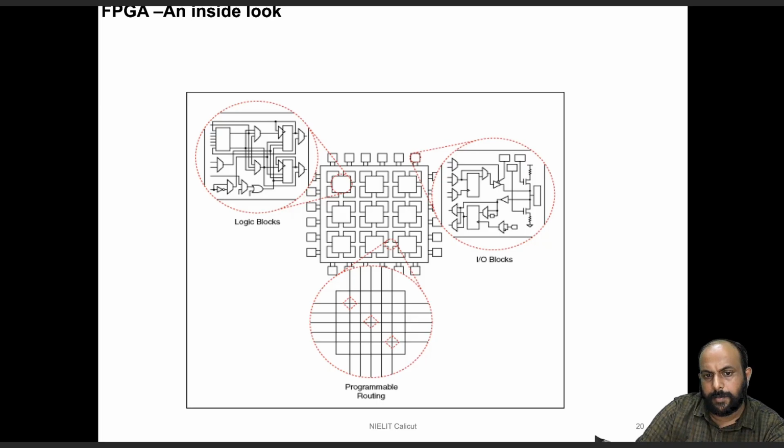Similarly, you can see around this box, the outer boxes are pins which are reconfigurable. So they are called configurable IO blocks that can be configured to work as input pin, output pin, in-out pin, or bidirectional pin, and so on. Similarly, you see in between these white boxes a lot of wires, which are actually an array of interconnections which can be programmed so that the routing can be reconfigured.